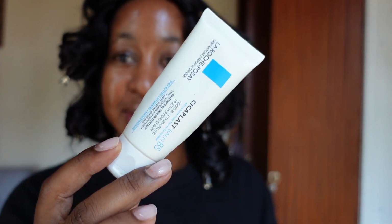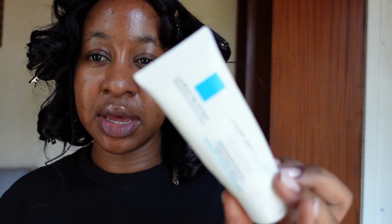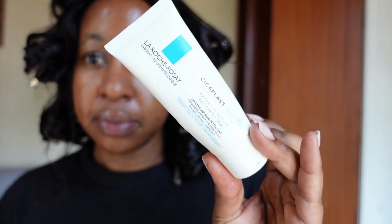Moisturizers, La Roche-Posay, the Cica Plus Balm B5. I love this. I like to use it at night specifically because I think it's a really good balm to help keep your skin hydrated at night. If you've got hypersensitive skin and any kind of eczema breakouts coming around your face, or anywhere that you're super hypersensitive, and you have breakouts easily, or excessively dry skin,